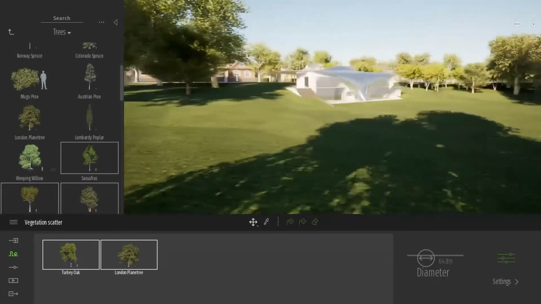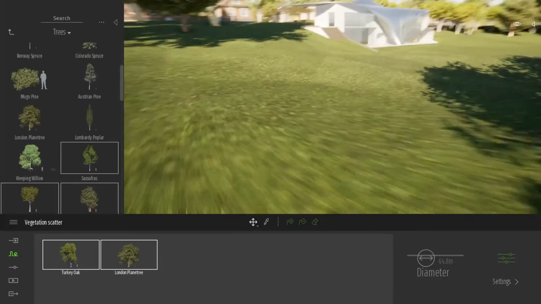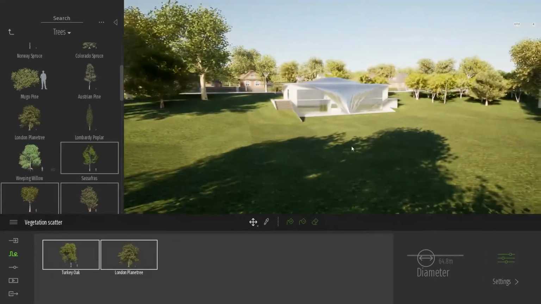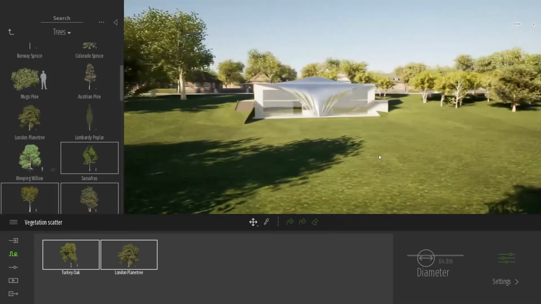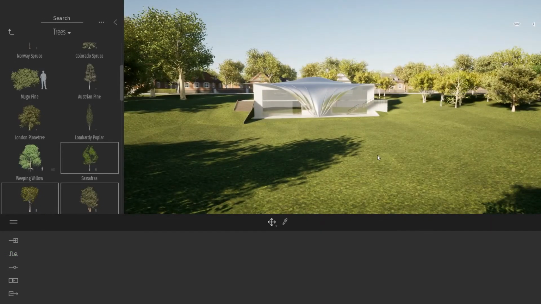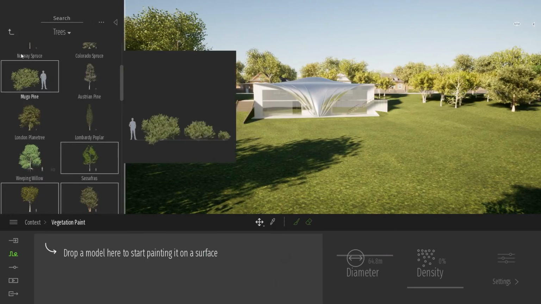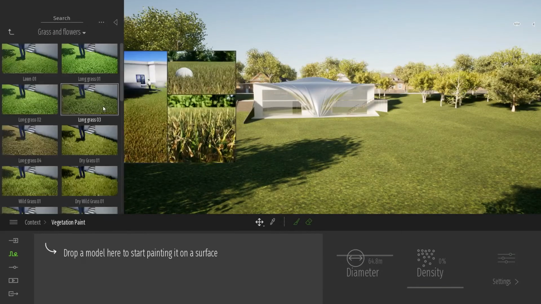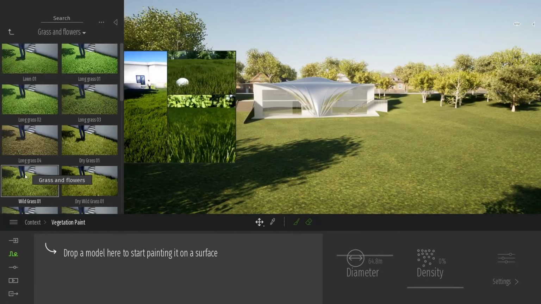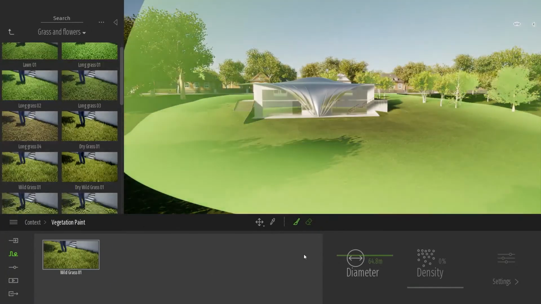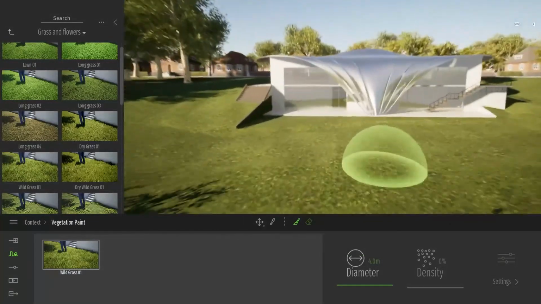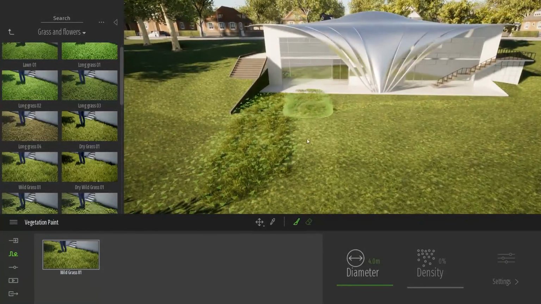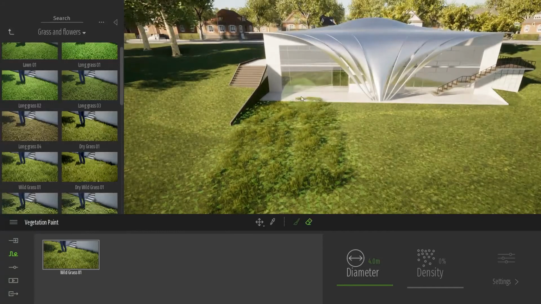Maybe it's some time to add some grass. Right now we just have this flat texture on the surrounding, on the floor. So to do that, I will use the same kind of vegetation paint tool here, but now I'll use some grass. I will come back inside my library and enter the grass and flowers folders. We'll start with some wild grass. We'll use maybe a smaller brush like this one over here. And here, let's start by painting this grass